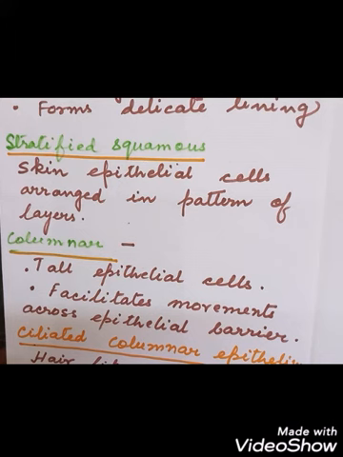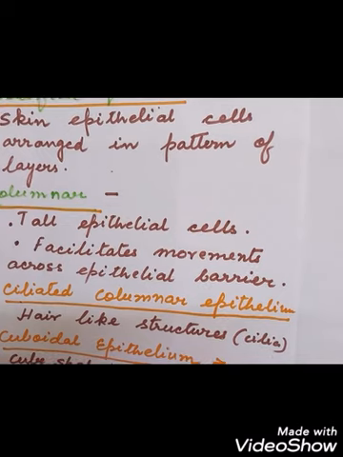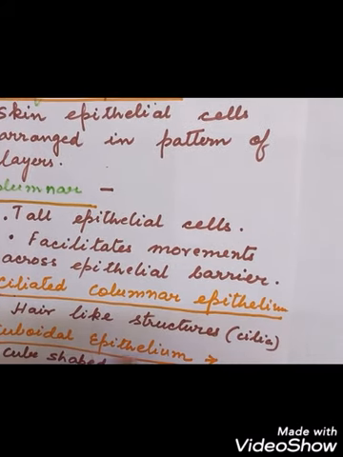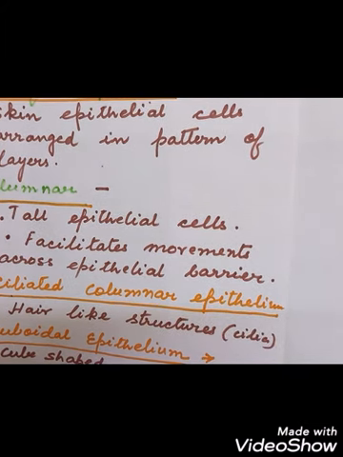And what happens in the respiratory tract? Do you know what happens in the trachea? This type of columnar epithelial cells are present with hair-like structures called cilia. So this is ciliated columnar epithelium. The columnar epithelial cells, longer and taller cells, are present with hair, because if any foreign particles try to enter inside the respiratory tract, then due to the rapid movement of the cilia, the foreign materials are forced to come outside. So there are hair-like structures present. This is called what? Ciliated columnar epithelium.